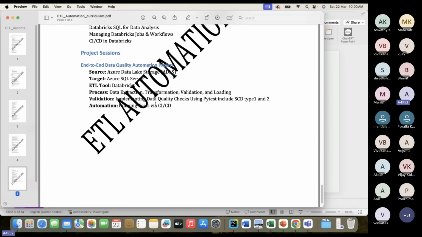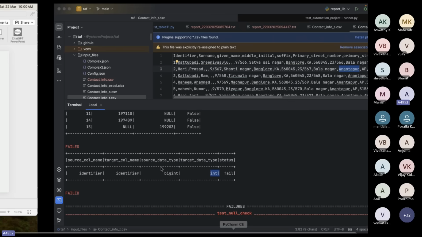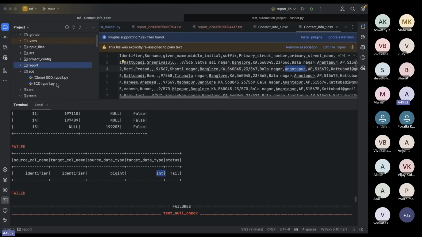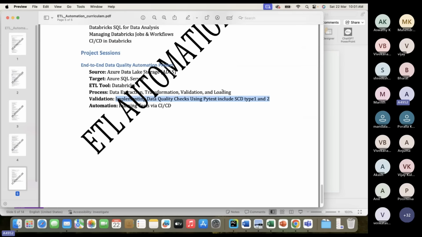And most important, you might be having this question: Srini, you just showed a simple ETL validation, file to file or file to database, which does not have any complex ETL logic or SCD type 1, type 2 validation. Trust me, we'll cover real-time SCD type 1 and type 2 validation in the automation. I'll also show you simple code we have already written. You can see one folder here called SCD. We have written code for how to validate SCD type 1 and SCD type 2. You don't need to worry, we'll cover it. So these are the topics we are going to cover in this automation training.